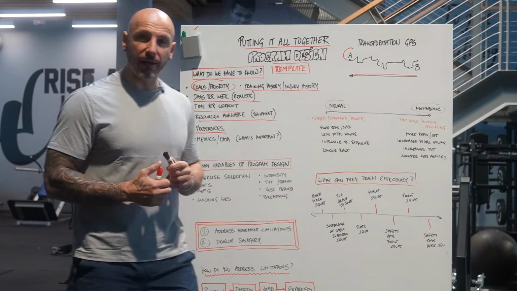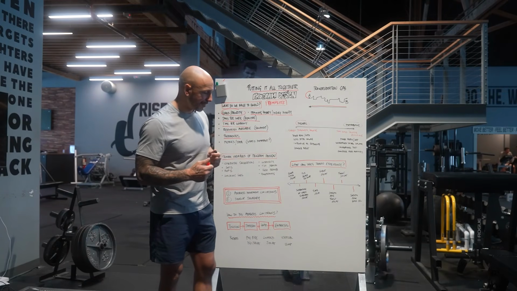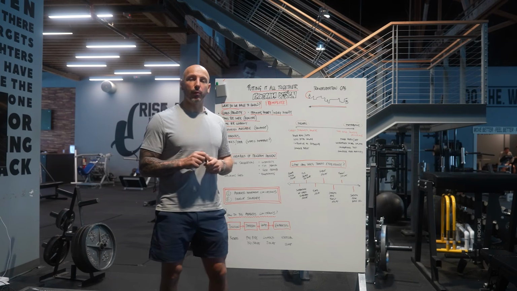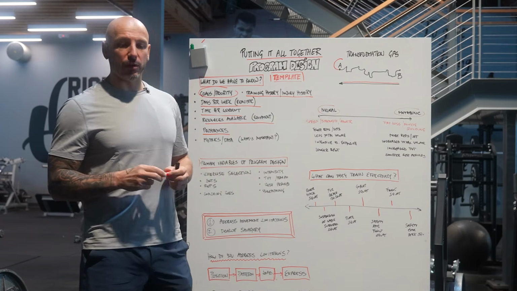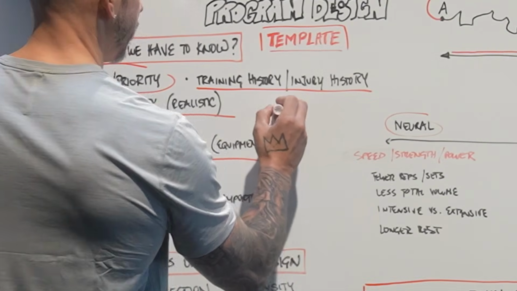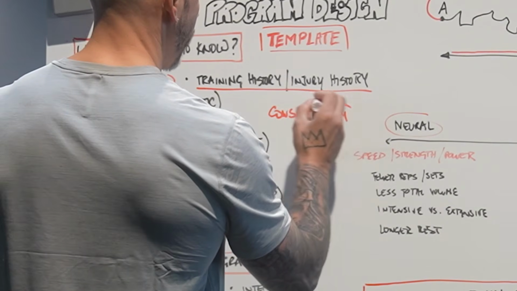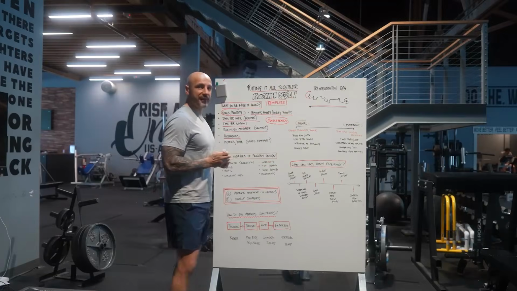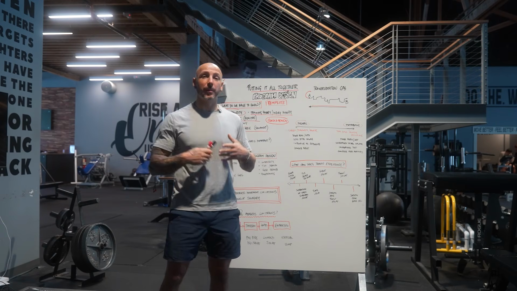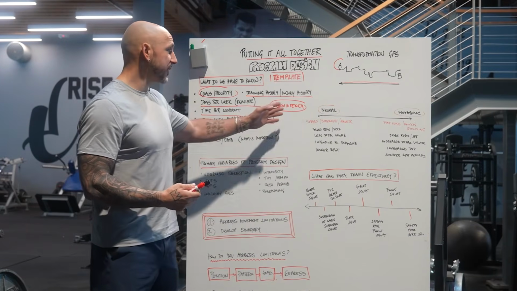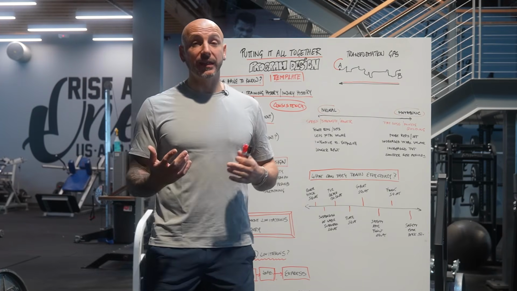Big one. By the way, I used to think that the success of a program was the results, which, yes, they are. But how do I get results? I have to have consistency, right? Consistency in my eyes is what? Keep coming back. So is that person going to keep coming back? If they're online, are they going to keep doing the program, keep coming back to your programming? And if they're consistent over a long haul, they're definitely going to get better results than if they're inconsistent.